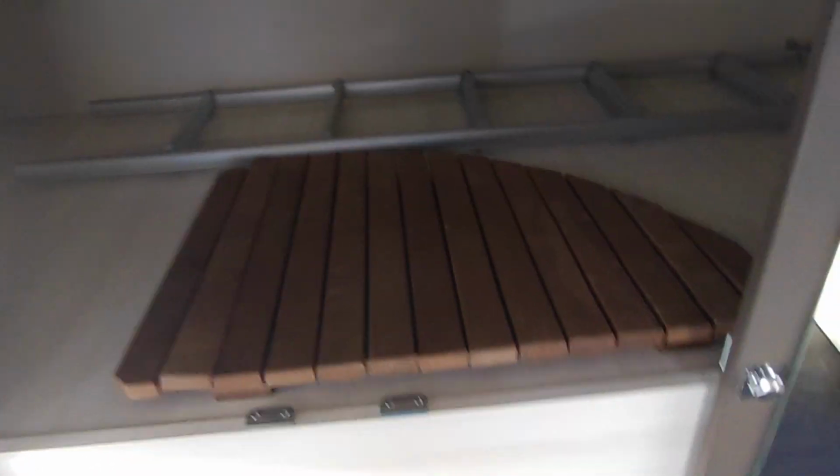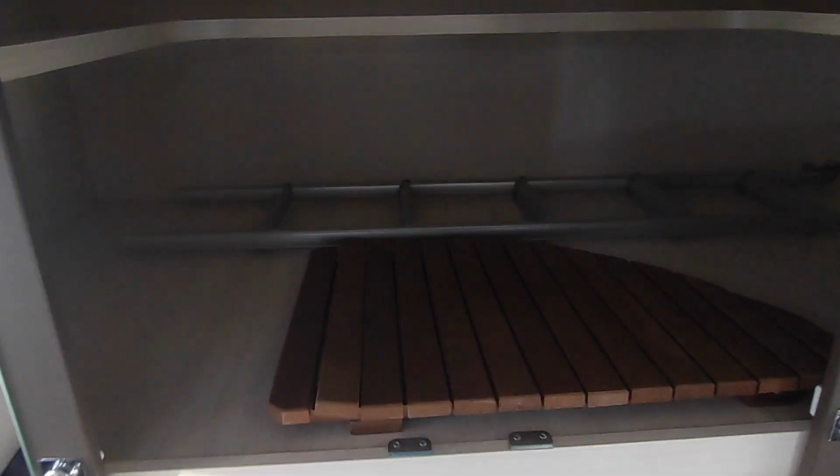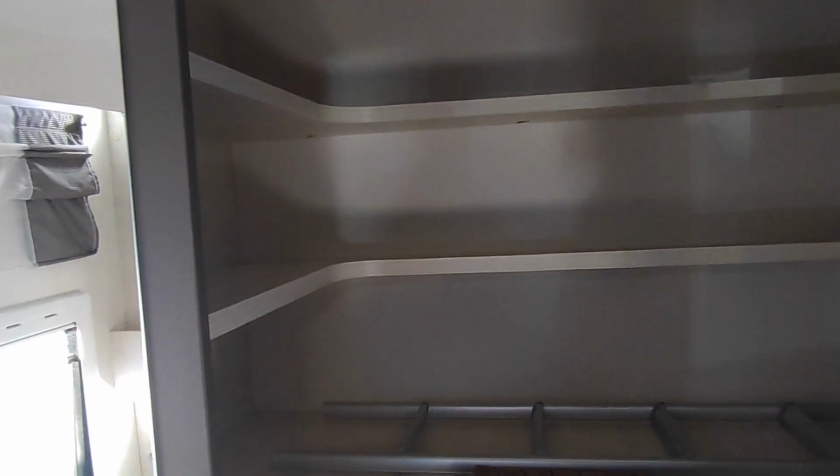And then the bedding you can either keep underneath of these, or you can put them in your absolutely massive sliding door rear storage locker. This is huge. So in there you've got the duckboard, which goes in your shower tray if you want, or you can leave that at home. You've got your ladder for your rear bunk or your front bed if you're stopping it halfway down, and an absolutely humongous storage area. So you've got a huge hanging rail up there, massive shelves all the way around. So there's not many, I think, true family friendly vans that will swallow a family of 4, even 5 at a push, and have enough storage, but